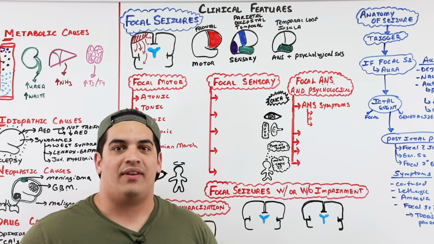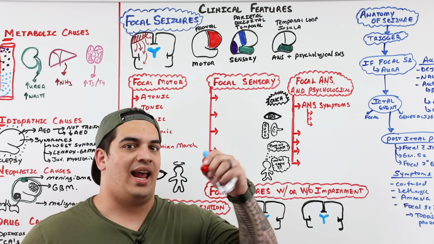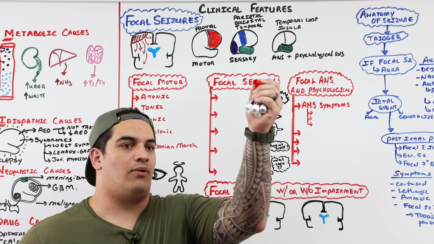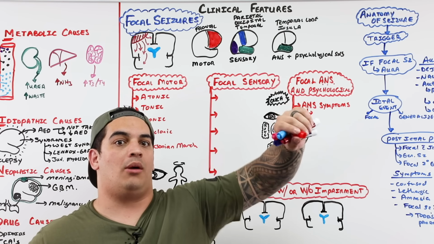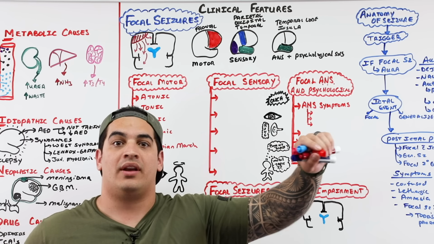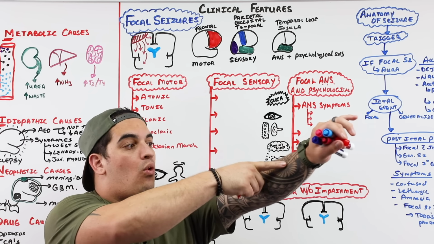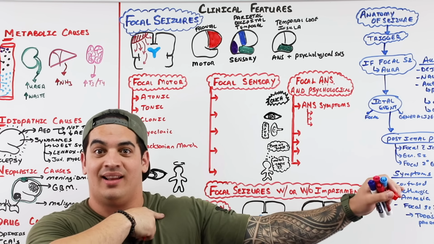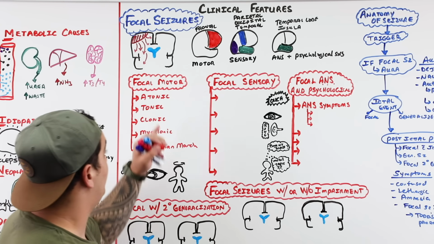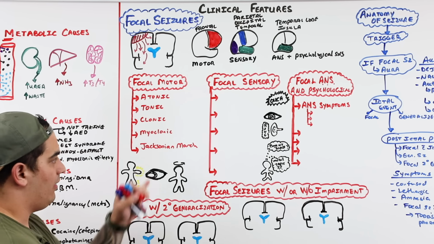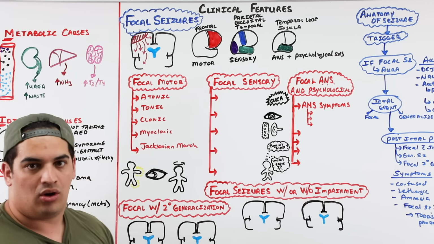Let's say that you have a clonic seizure. It starts in the hand, then it moves up into the forearm, then it moves up into your upper arm, and then your entire arm is involved. A Jacksonian march usually starts at a distal limb and works its way proximally. This is common in motor seizures in one of these types of forms, usually clonic.